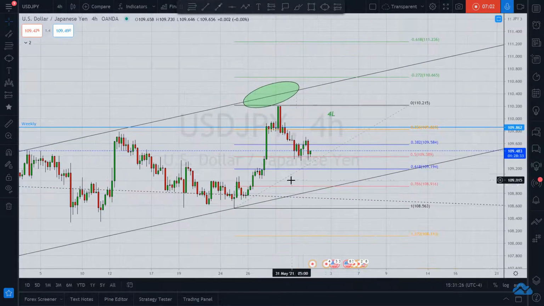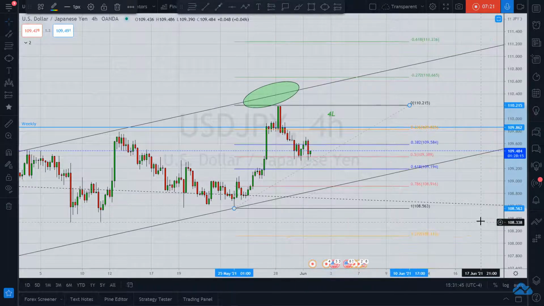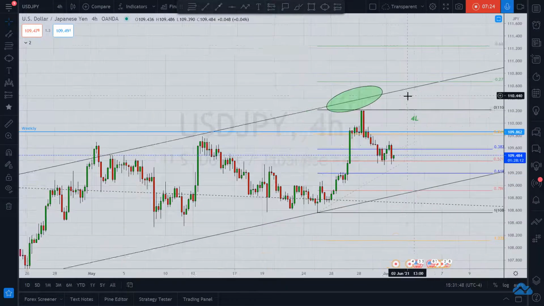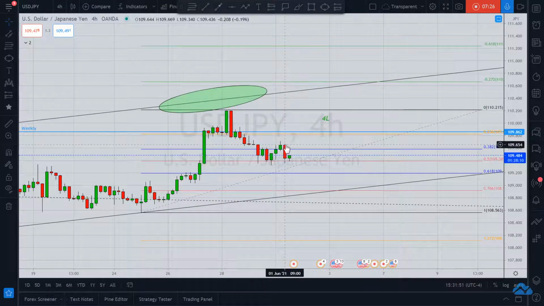What you need, because we're finding support here. If you got in now, this would be aggressive in my view. All right, because we don't have confirmation that price is turning hard bullish. We don't have that confirmation yet. If it breaks the top of this bearish candle, if we get a break above here, hey, it's all good. That is a momentum candle at that point, and I would be looking for more follow through to the upside, and that would be a great place to take a trade.